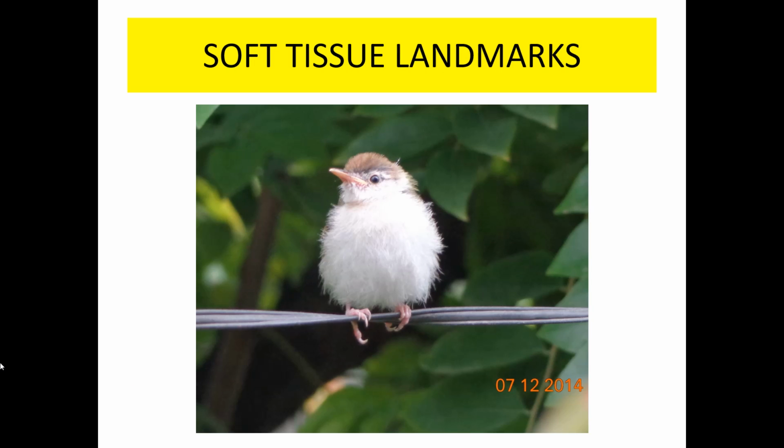Soft tissue outlines are seen due to attenuation of the beam passing through it. It is seen best in an edentulous patient. This is a small photograph of a tailor which is really soft, so that's why I thought of putting this. So the common soft tissue shadows seen are pharyngeal airway, posterior wall of the nasopharynx, earlobe, nasal cartilages, soft palate and uvula, and a small node.